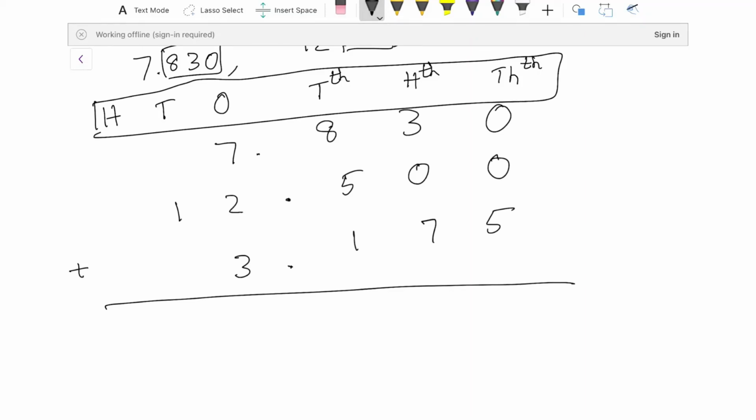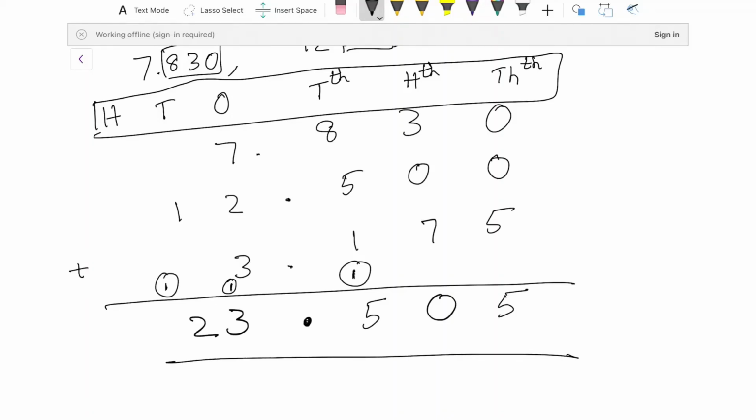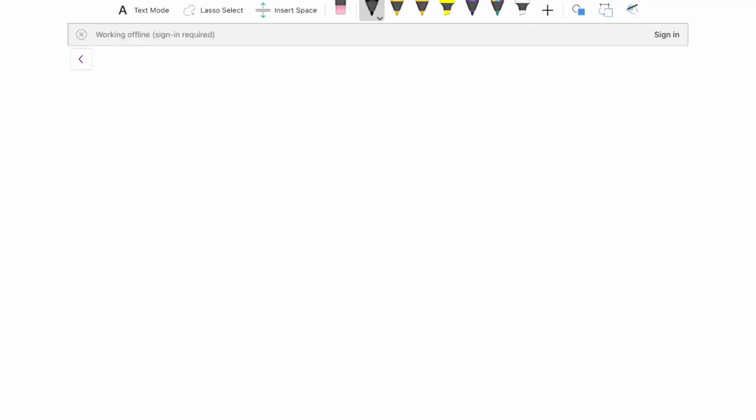Now you have to do the regular addition. So 0 plus 0 plus 5 is 5, 3 plus 0 plus 7 is 10, so you have the carryover 0 and 1 goes here. 5 plus 1 plus 6, 7 plus 8 is 15, 1 gets carried over here, and then there is a point here, so you continue to put the point there. Then you have 3 plus 2, 5, 6 plus 7 is 13, 1 gets carried over, 1 plus 1 is 2. That's it. It's 23.505. That is your answer. Let's take another example.